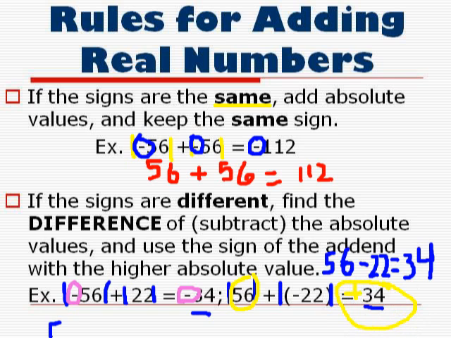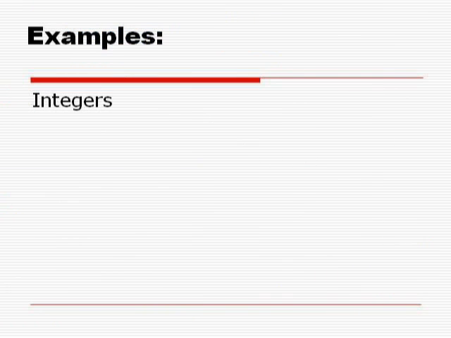So now let's do a couple that don't have answers with them. I actually didn't put any examples on here because I thought it would be easier just to make them up rather than type them, because I always end up copying them anyway. So let's do negative 17 plus 35. The first question you have to ask yourself is, are the signs the same